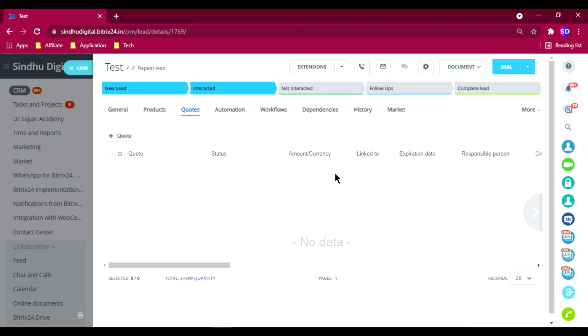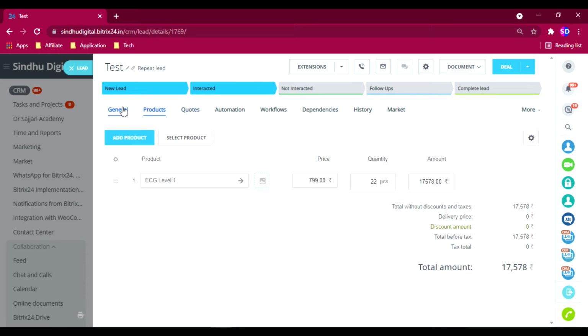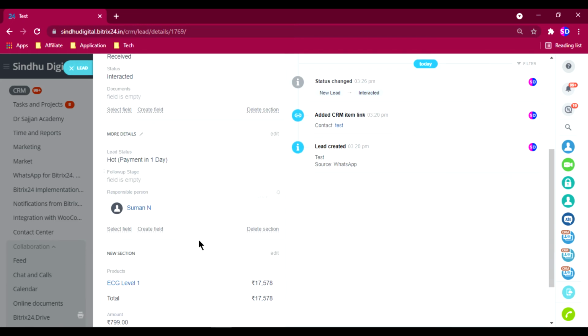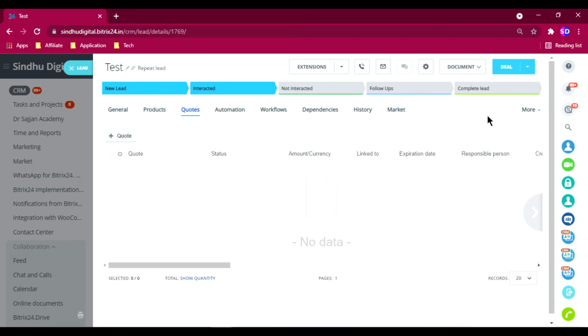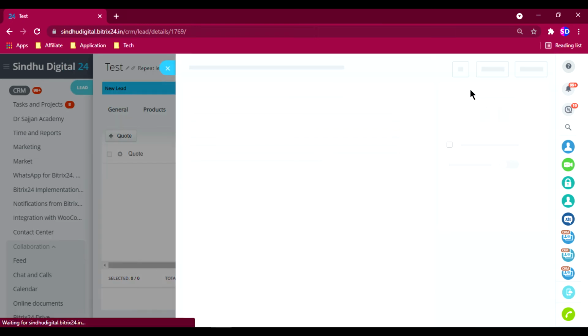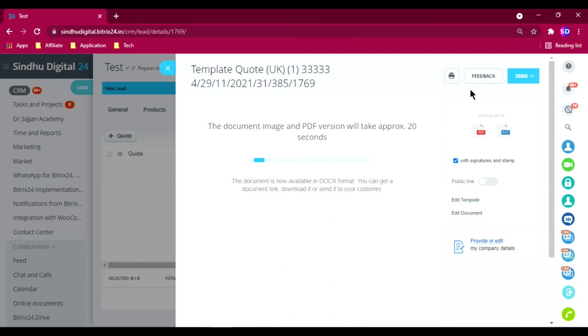So how to add the template, which means to create a quotation template. I have already set everything. You can see in general everything has been set up, and now I need to generate a quotation for the customer. So I'll select this document and select the template which has been uploaded to the Bittrex. Click on the templates which have been integrated, so it will take some time to load everything.